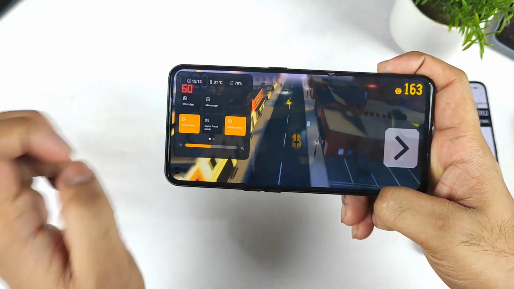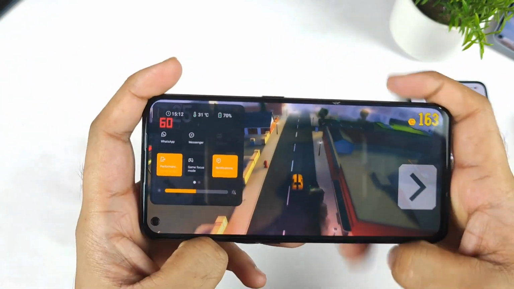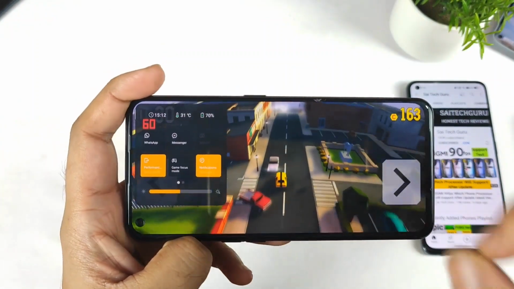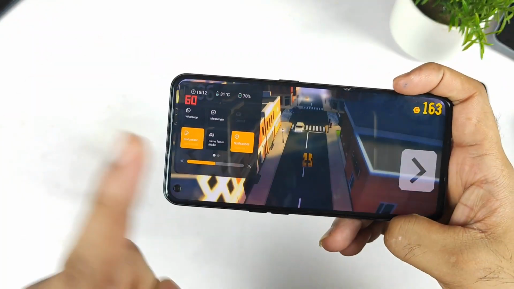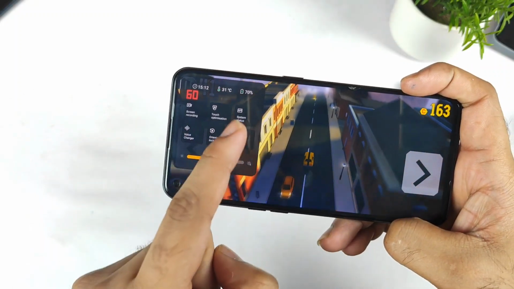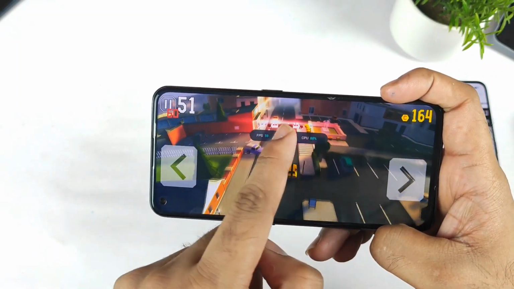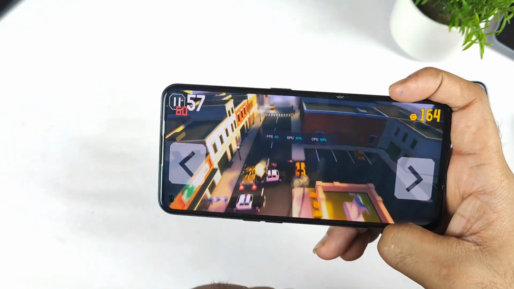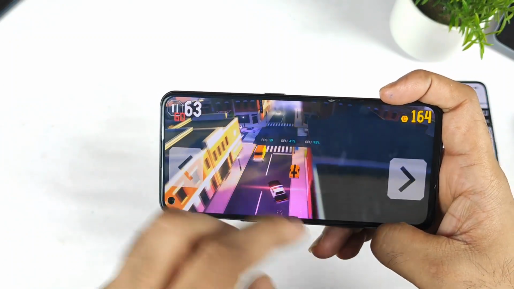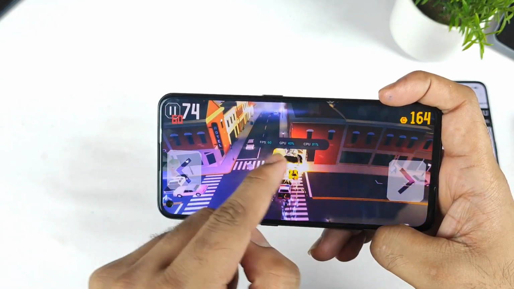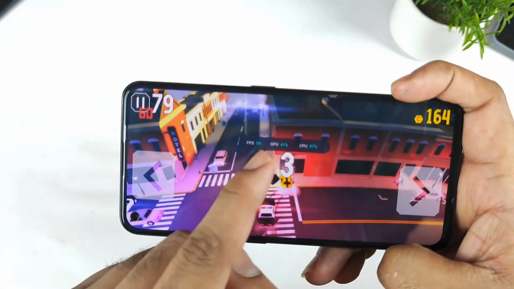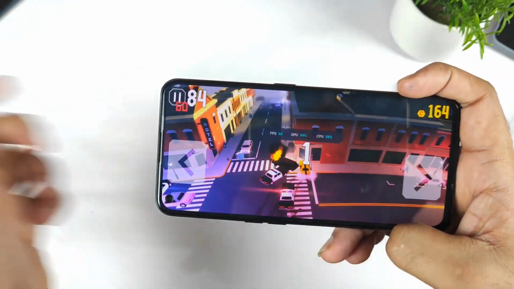How is the layout exactly here? In this new layout there are a lot of other changes, friends, which I did like. One of the best reasons why I like it is the real-time floating FPS meter. Finally it's available. As you can see, friends, this is a real-time FPS meter which is finally available in Realme UI 3.0. Now you will be able to see real-time statistics of CPU, GPU and the FPS meter as well.